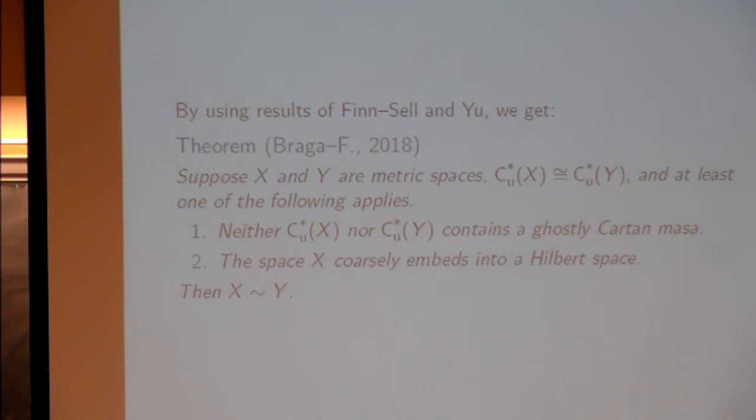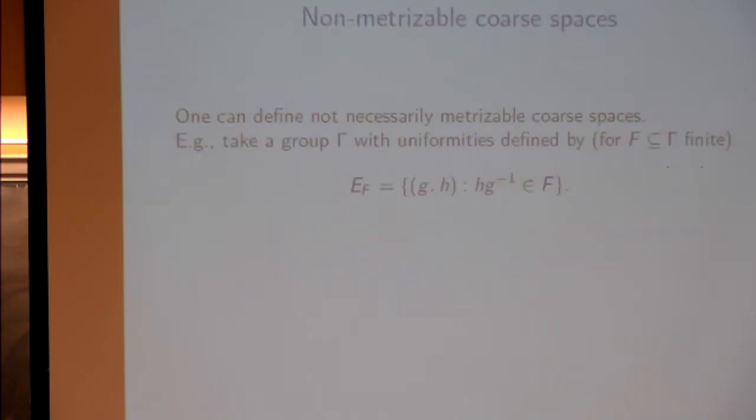Just like the definition of a uniform space, you can define a coarse space abstractly by just axiomatizing what entourages look like. And you can define the uniform Roe algebra. And the question was again, is there a rigidity theorem? So actually, before that, one reasonable example of such a space: